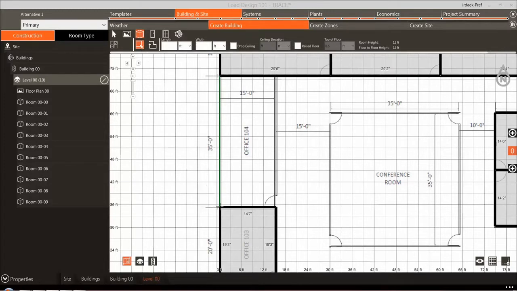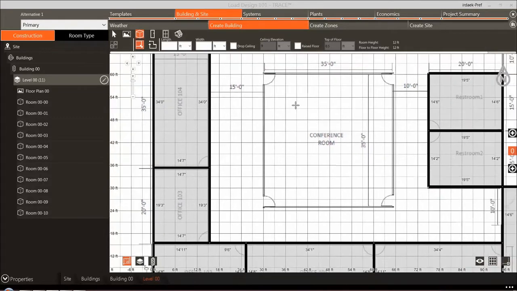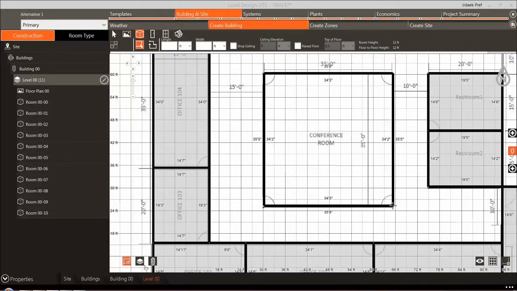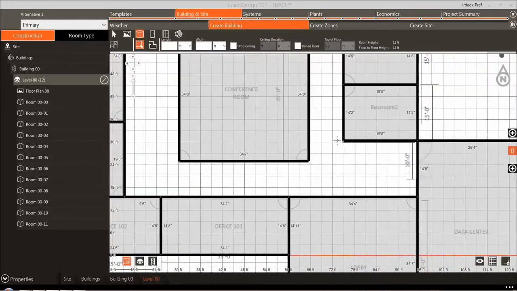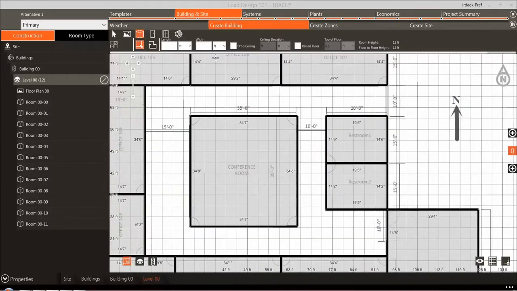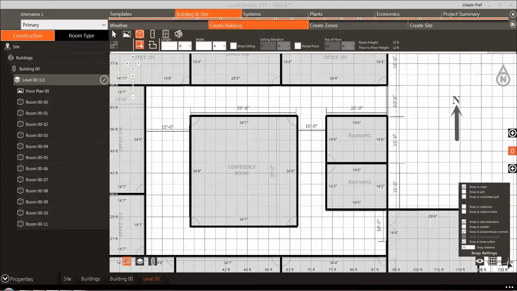We are starting our building at level 0. Starting with Office 102 located at the origin, draw each room with the rectangle drawing tool. When tracing these rooms, it is advised to go from center of wall to center of wall. The program defaults to have snap to wall projections on, which will make it easier to have the walls of the rooms all aligned. To view other snap settings, click the snap settings icon in the lower right hand corner